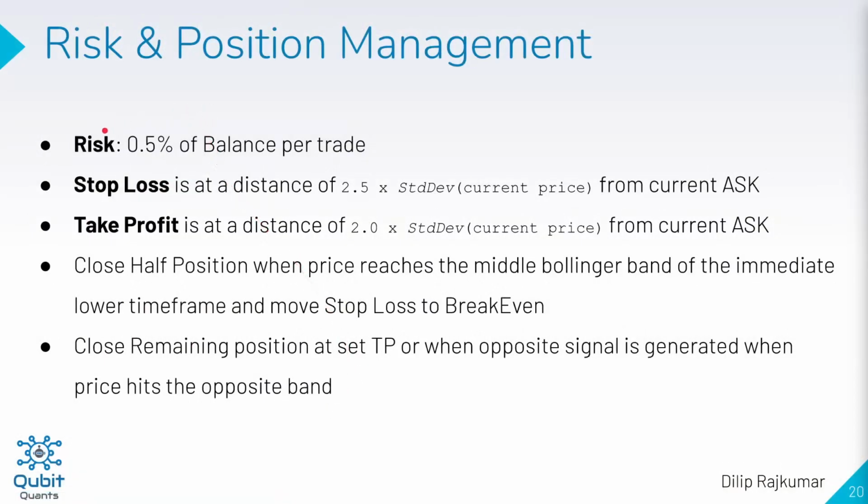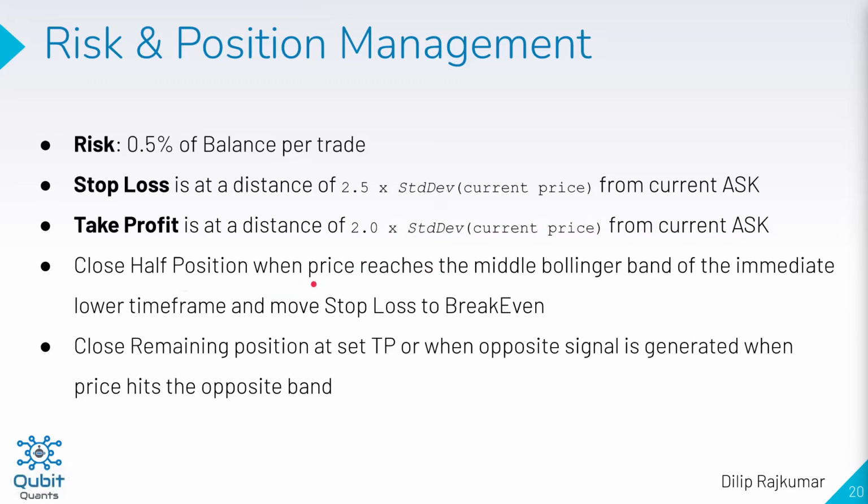For the risk, we risk only 0.5% of our balance per trade. The stop loss is set at a distance of 2.5 times the standard deviation from the current ask price, and likewise the take profit is set at a slightly lesser distance of 2.0 times the standard deviation from the current ask. For our position management, we close half positions when price reaches the middle Bollinger Band on the immediate lower